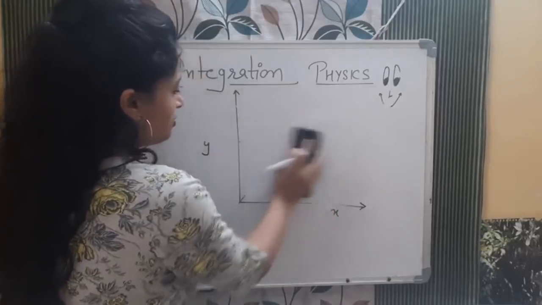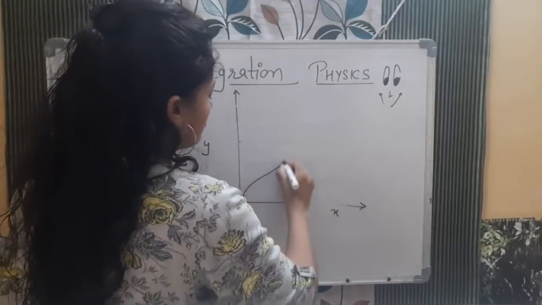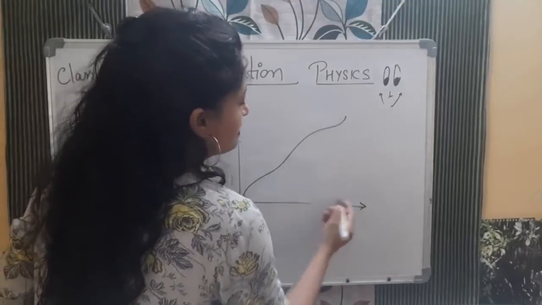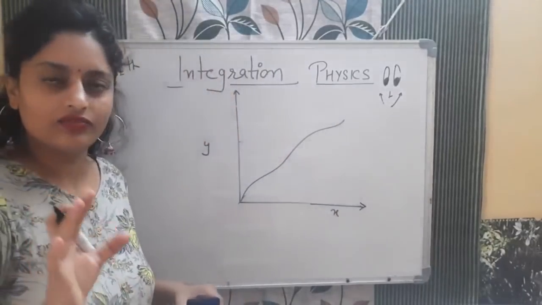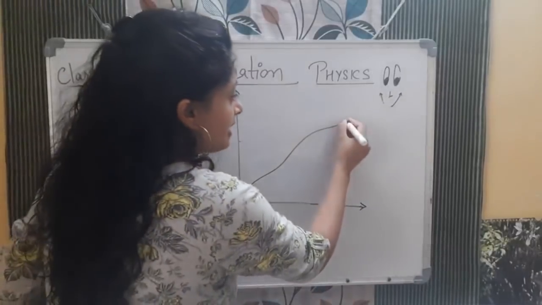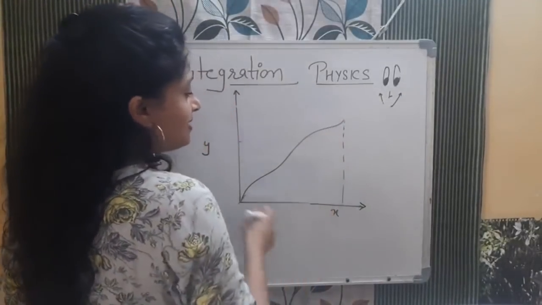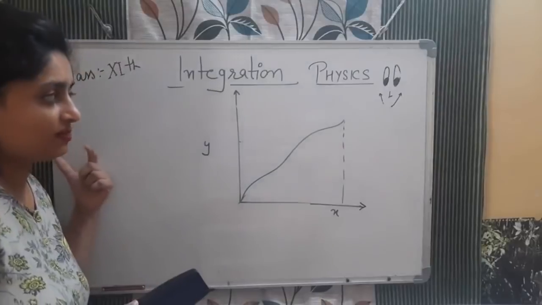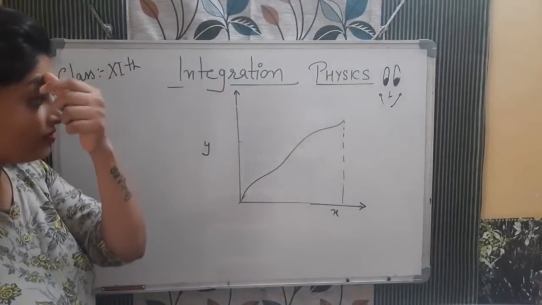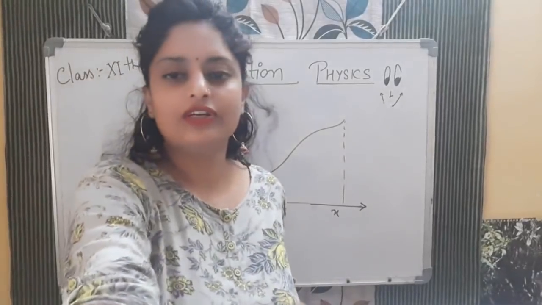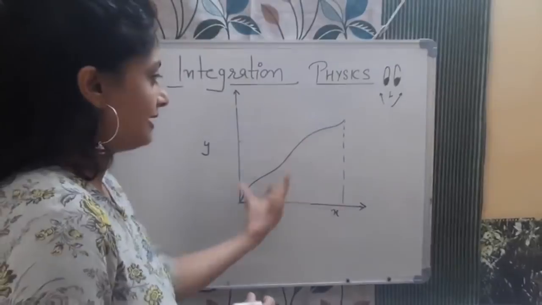But what happened, bacha, when the curve is somewhat like this, and now if I say calculate the area, how will you calculate the area of this? Again you will say area under the curve, but this time this shape is not looking exactly like a triangle or a rectangle. So how will we solve this? For that, we will consider some thin strips of rectangle in this.